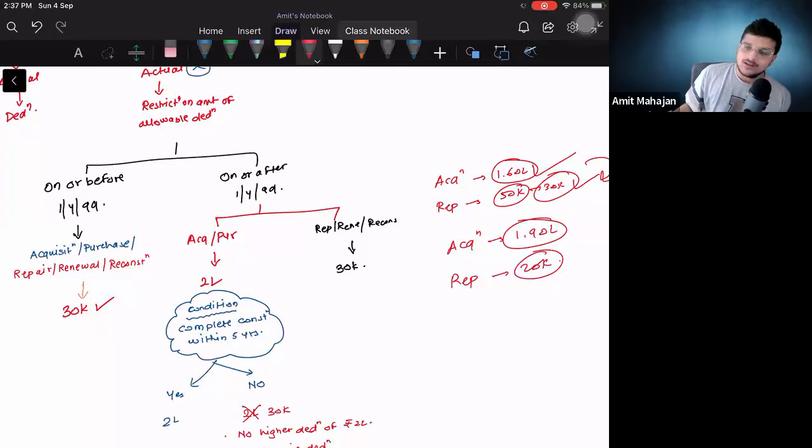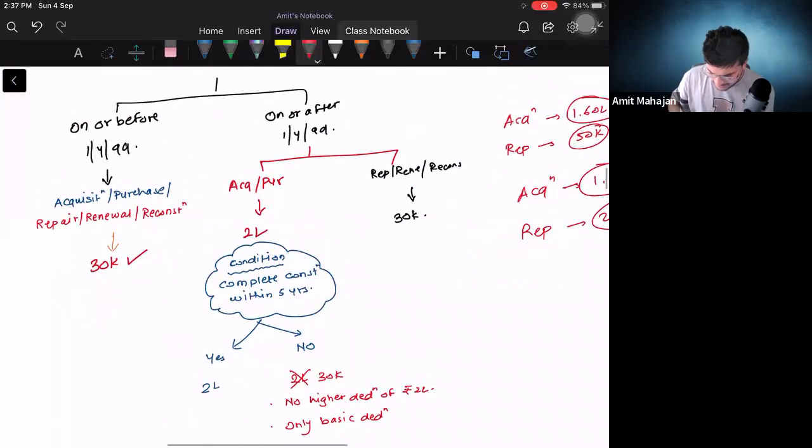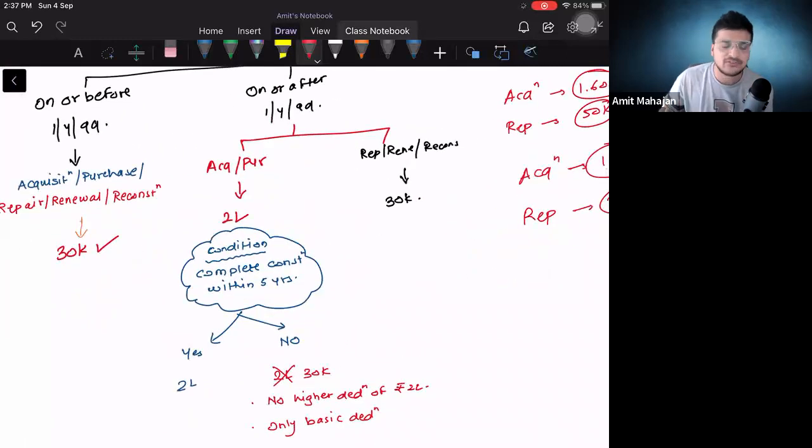Understand, for one assessee, the maximum deduction is 2 lakhs, not for one property. For one assessee, the maximum deduction is 2 lakhs. Okay. और दिस एक पॉइंट है दैट अगर इफ यू हैव टेकन लोन ऑन और